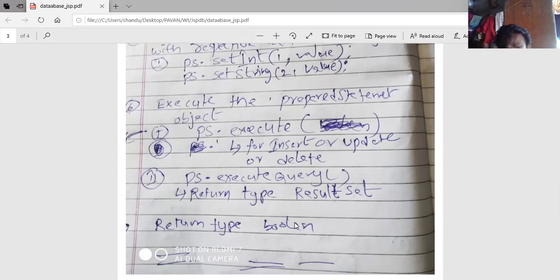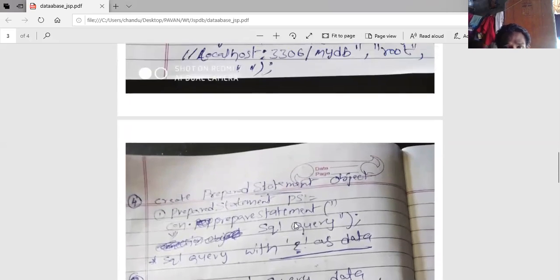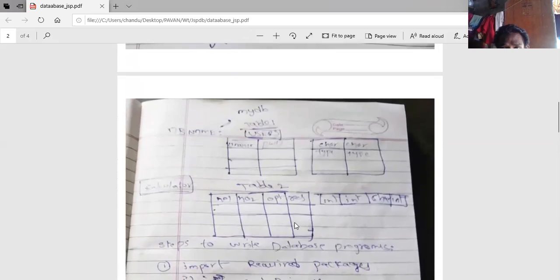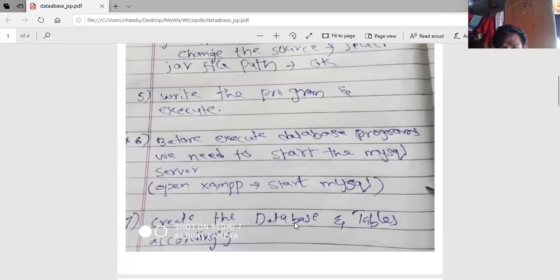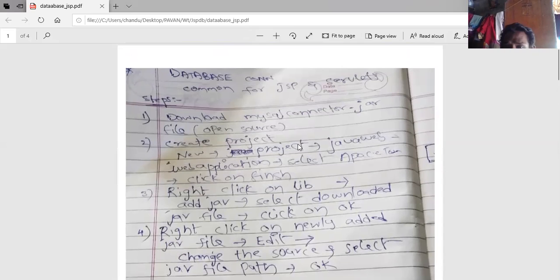We'll see some examples. Before going to the examples, once again we'll repeat the concept, because this is an important concept. Step 1, download the MySQL connector. Step 2, create the project. Step 3, add the jar file into your project.